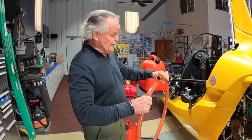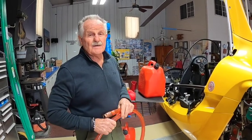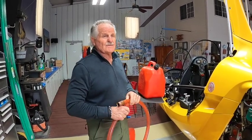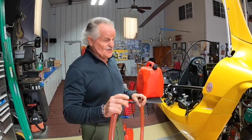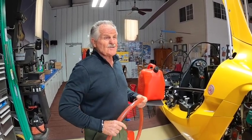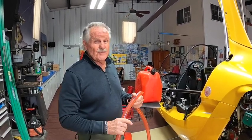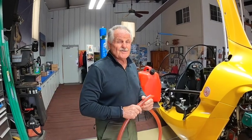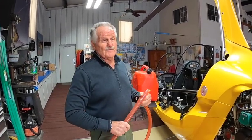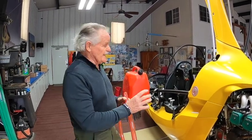In our flight school here, we try to use auto gas, 93 octane without ethanol in it. Since we do a lot of local flying and training here, we don't have to go to another airport to buy aviation fuel, the leaded fuel, which is not as good for your engine for consistent use. Anyway, most gyroplanes